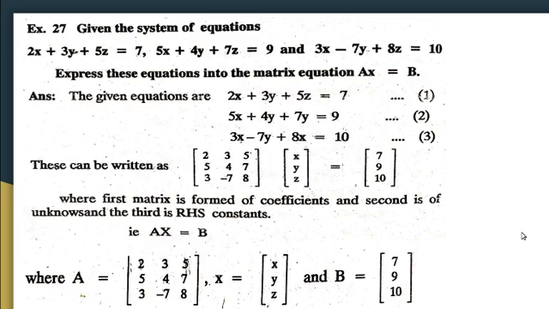So today we discussed how we can find the inverse of a matrix, then how we can represent a given set of equations in matrix form. That means a given set of equations, meaning simultaneous equations with the same variables in all the equations. That type of equations we have to convert into matrix form. So that we discussed here.